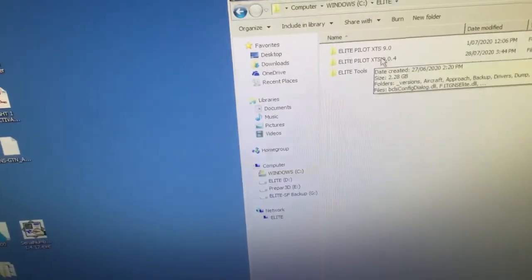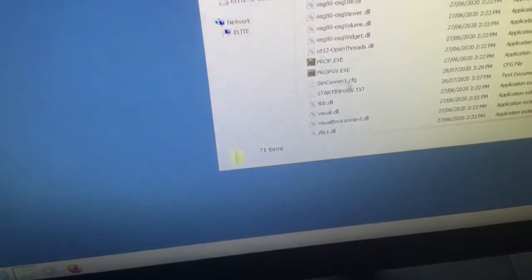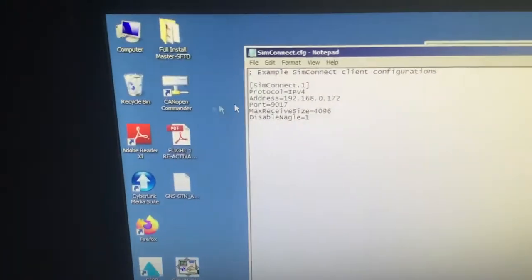And it's this one here. So let's open it up. Let's go down to the bottom of the list, and you should see a SimConnect.cfg file. Right click that and edit, and you will see